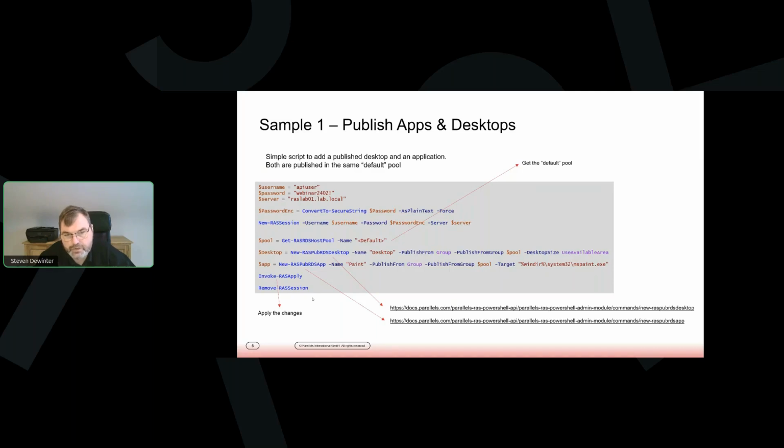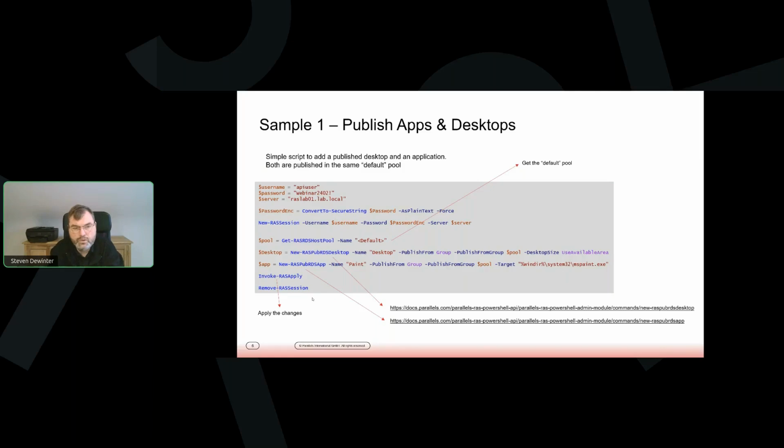In the case of a desktop, for example, we need to know where to publish it from. So in both examples, we're going to publish it from the default pool. But for a desktop, we want to specify the desktop size, and for an application, we want to specify which executable it needs to run. So you will see that the parameters themselves are different based on what you want to publish, but the principle is the same. So in this case, I'm publishing, as mentioned before, from the default pool,